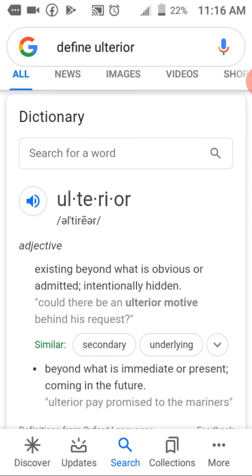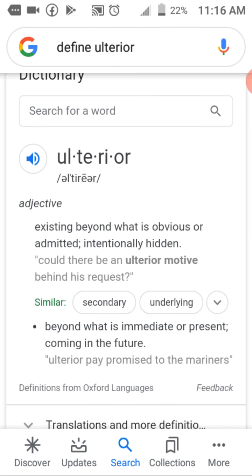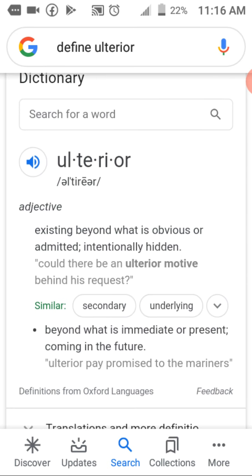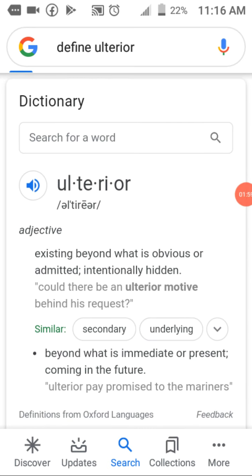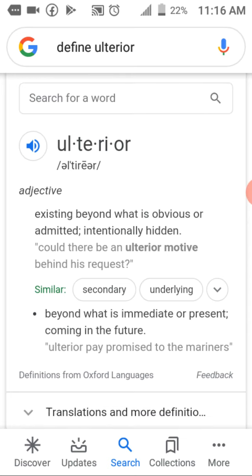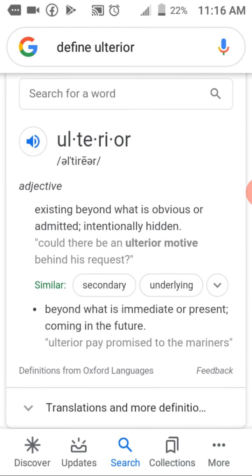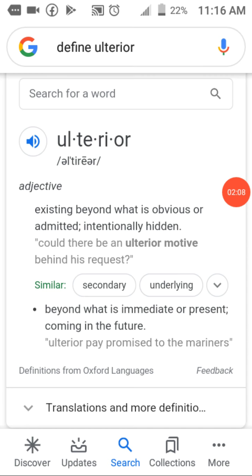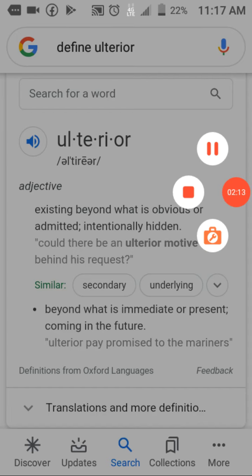Existing beyond what is obvious or admitted, intentionally hidden, beyond what is immediate, present, coming in the future. Yeah, I like that. Ulterior. Okay, if you use that definition for the word ulterior, and there may be a little bit of another ulterior to the definition, is it possible that if you're accused of a crime,